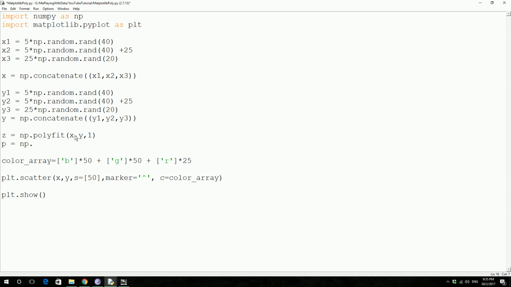So actually, this thing is creating an equation. That's what it does, and out of that equation, we are going to generate the data points. So that's what poly1d does. For this one, we want to create the data points. So this line of code actually creates the data points. So now we are going to pass p. We're going to plot a line between plt dot